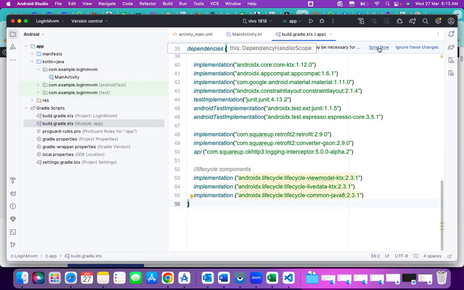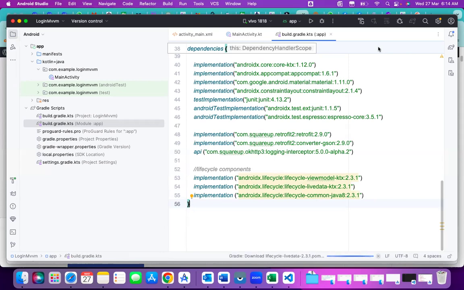So let us sync this. Once it is syncing, now for this case, we need multiple